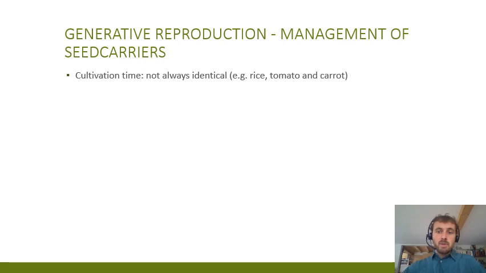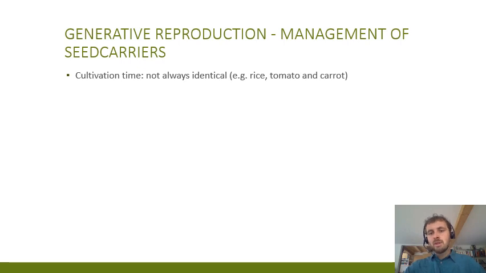You have, for example, cereals. Usually it's the same because you harvest the seed anyway. You harvest the seed dry anyway, so it's really almost the same. Tomato is a bit similar, but not completely, because if you do seed production, you will only take from the first one, so it will be shorter, and you will give more care to the plant. And then you have other plants that are completely different if you produce seed or if you produce the product.